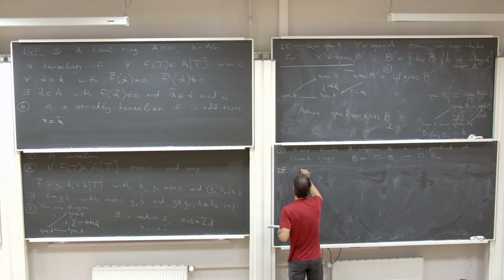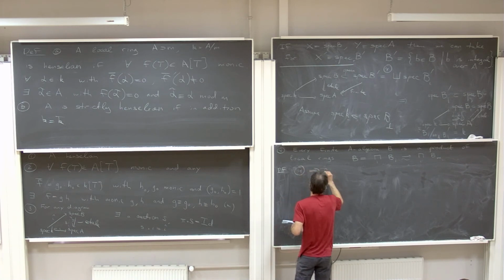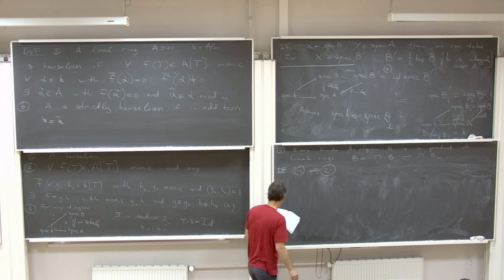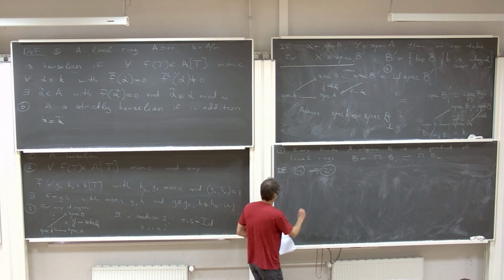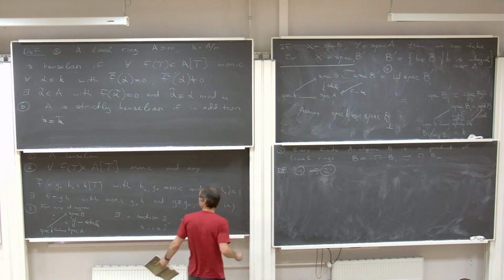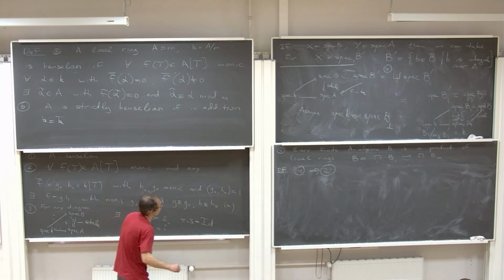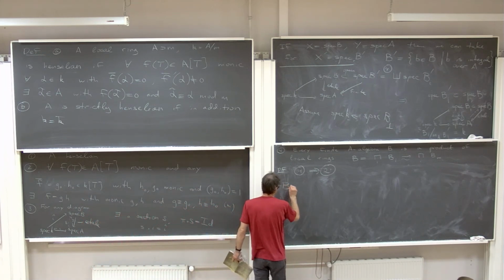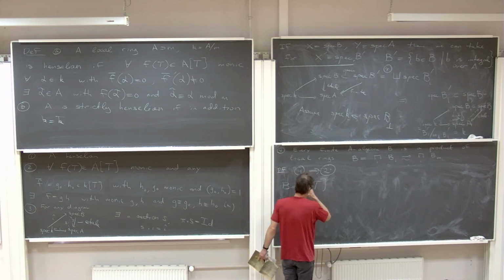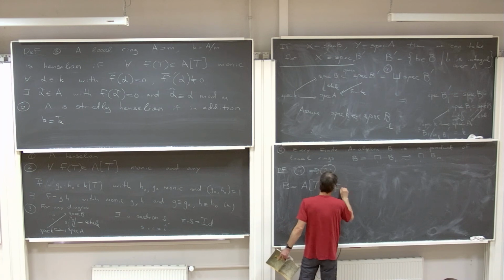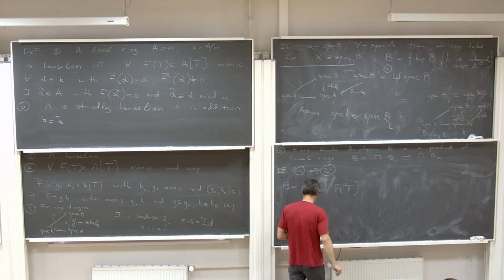So 4 implies 2. Okay. So take for B, A[t] modulo f(t), and then